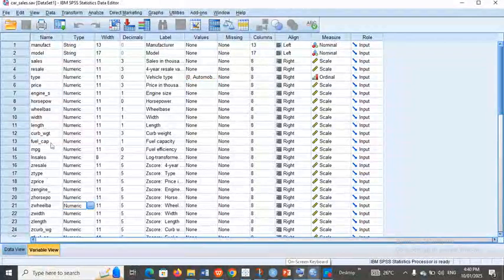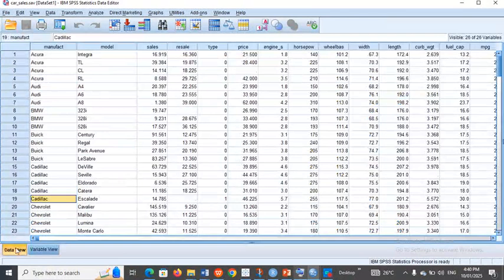Now let's see how to run the multiple linear regression model in SPSS. This is my data set, the data view. It is about the sales of various models of vehicles. These are the models of the vehicle, and we have the manufacturer of each vehicle model. And we have the sales for each model of the vehicles, and we have the various characteristics